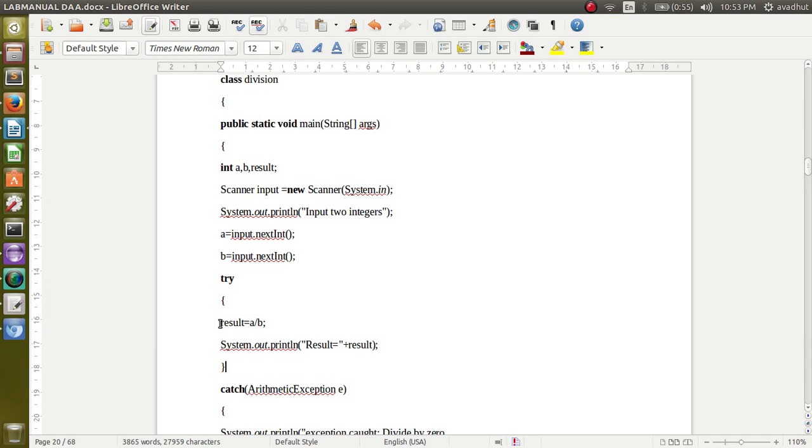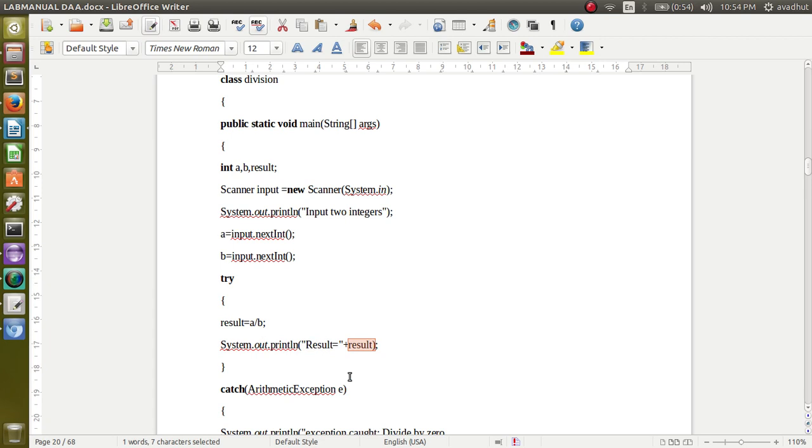If it executes in a normal way, meaning the value of b is not 0, then we are going to get the result. Since result is an integer, only the integer part will be printed. So "result is equal to" will be printed as it is, because it is put in double quotes. After that, we append the value of the variable, which will be printed.